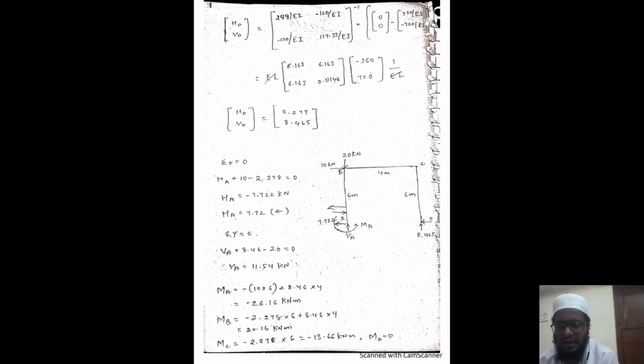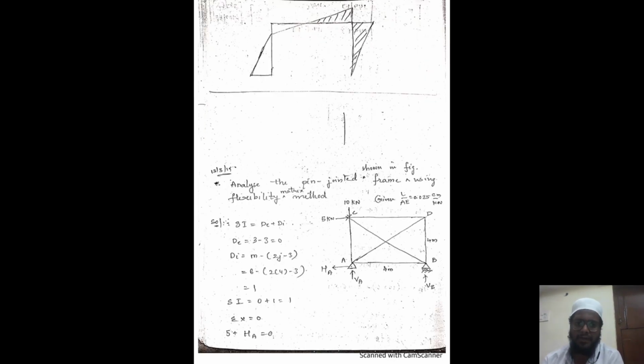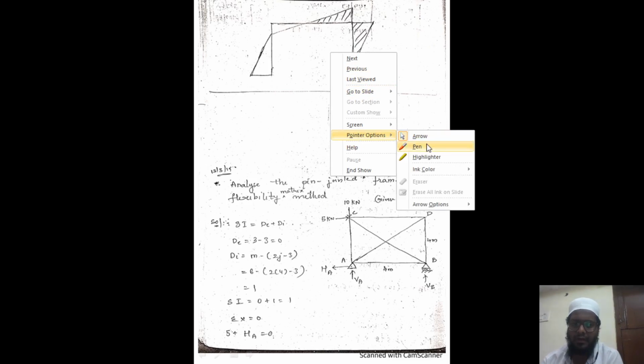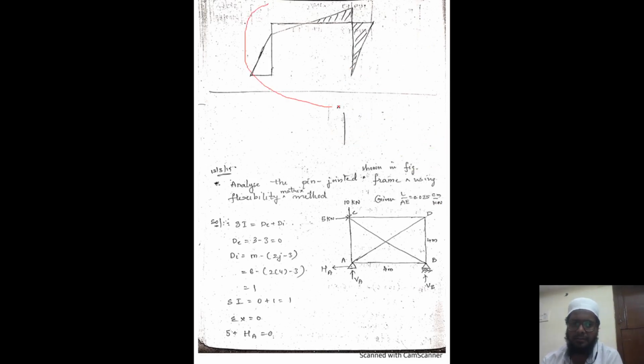Whereas the extra unknown reactions or unknown forces can be calculated with the help of this flexibility matrix. Okay, so this is the figure for your bending moment diagram. This is how you will get the bending moment diagrams. All the values are already there in the figure, isn't it? So this is how we calculate our unknown reactions for a sway frame.